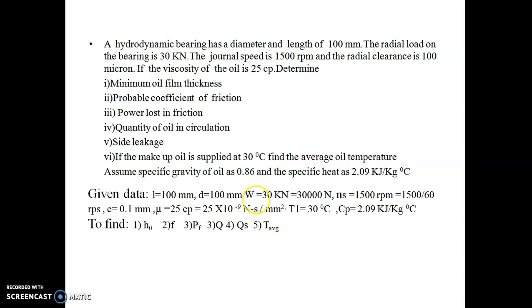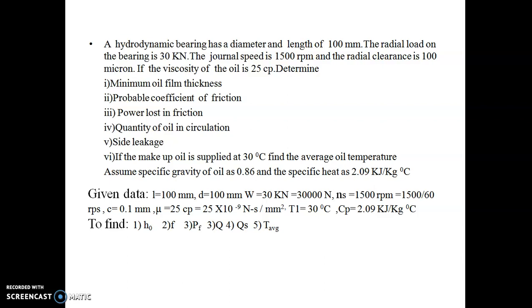Second numerical: a hydrodynamic bearing has a diameter and length of 100 mm. The radial load on the bearing is 30 kN. The journal speed is 1500 rpm and the radial clearance is 100 micron. If the viscosity of oil is 25 centipoise, determine minimum oil film thickness, probable coefficient of friction, power loss in